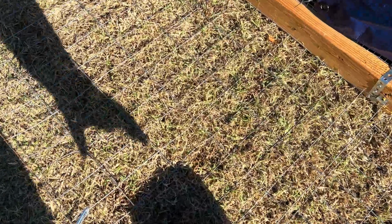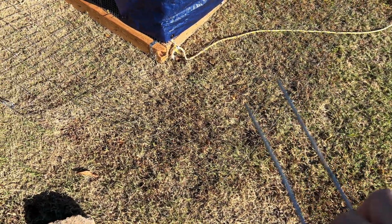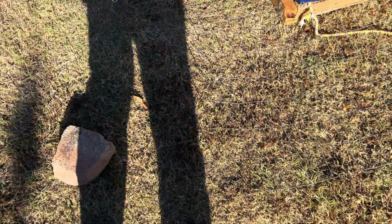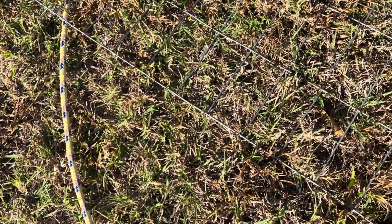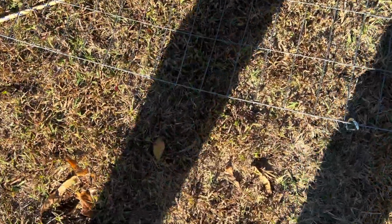Well, I say all the way around, it's actually overlapping, and I use these stakes, which we just got about a 1/2 inch of rain last night, so it really helps them put it back in. But these are 6-inch staples, yard staples, and they push this in the ground real nice. But this will fold up on both ends here. I'll show you real quick. Move this. You can use either rocks or whatever, or you can use these staples. If it hasn't rained and your ground is as hard as a rock as mine is, you probably want to use rocks. But it's 2 feet, and then this folds up